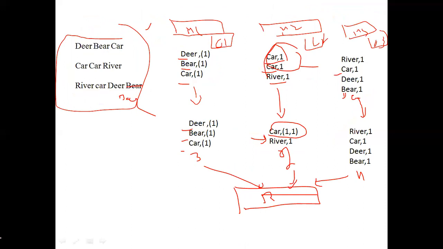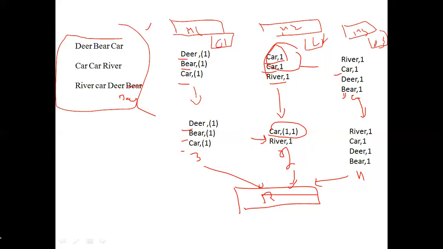How many input splits will be there? The number of input splits depends on the size of the file. In real time, in Hadoop, the HDFS block size is 64 MB. So whenever a file is given to MapReduce, the file is divided into 64 MB parts. Each part is called one input split. For example, if your file is 100 MB, the file will be divided into 2 input splits. One is 64 MB and the remaining will be in the second.